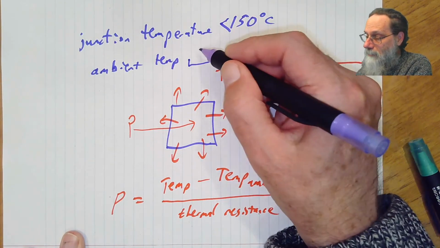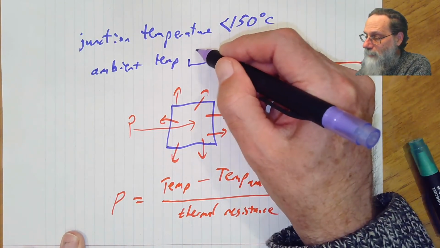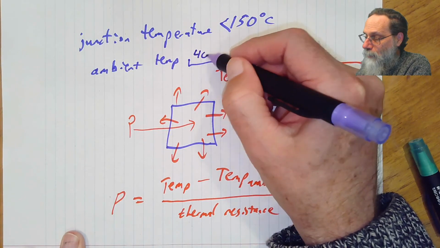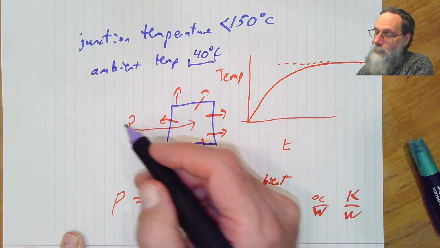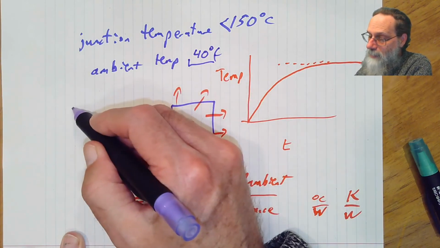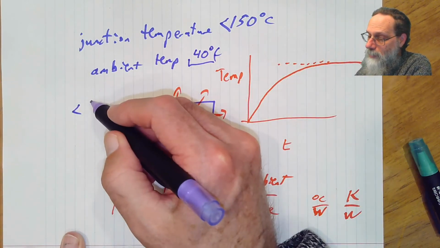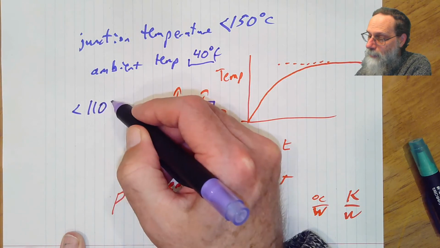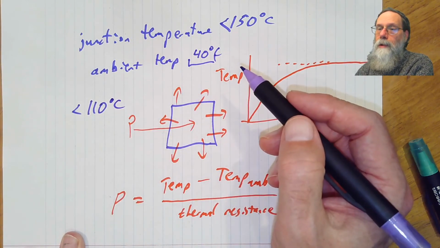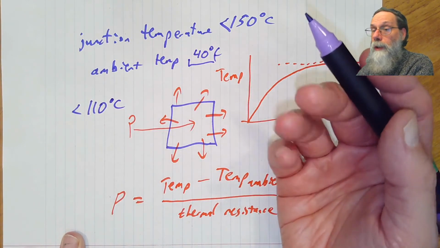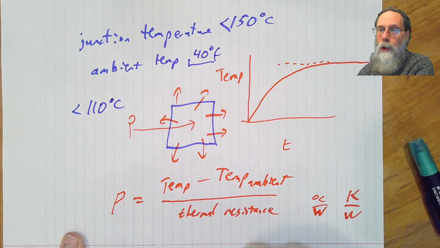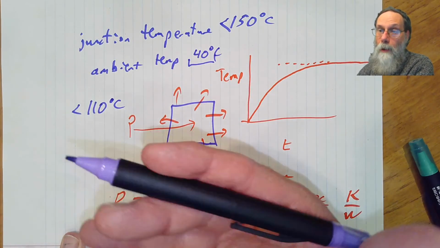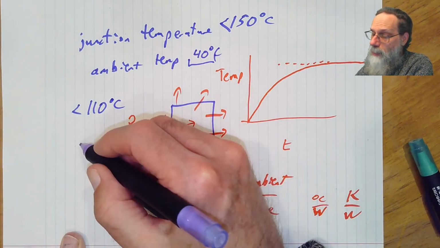So let's say, as an example, that the ambient temperature here is 40 degrees C. Okay, the junction to ambient temperature difference, we need to have that be less than the difference between these. That's got to be less than 110 degrees C. So if we were going to say, well, this field effect transistor, because of the way we're using it, the amount of current we're putting through it, its on resistance, all those different things that determine how much power it dissipates, is going to be dissipating